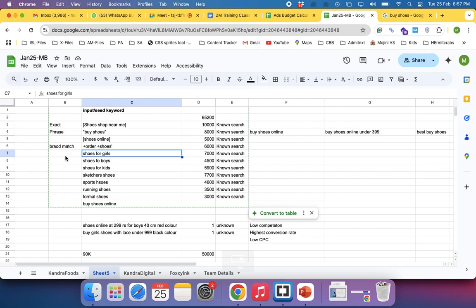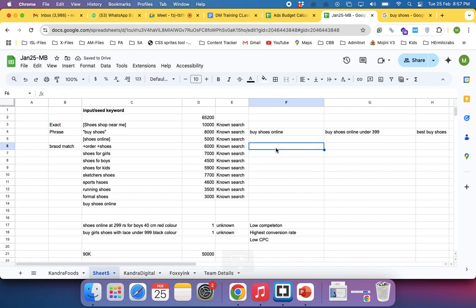So what I'm telling Google Ads is, show to any keyword of your choice, but make sure that "order" and "shoes" are there in the keyword. Make sure that the terms order and shoes are there. Now Google Ads will trigger the ad for "order black color